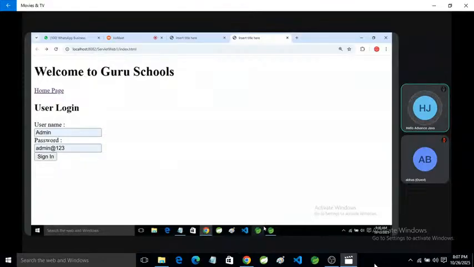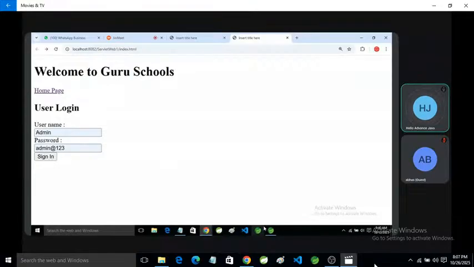If you send any request from the front end to the back end with get, after receiving the response from the server, we can send another request. But in post, we can send another request without receiving the response from the server.